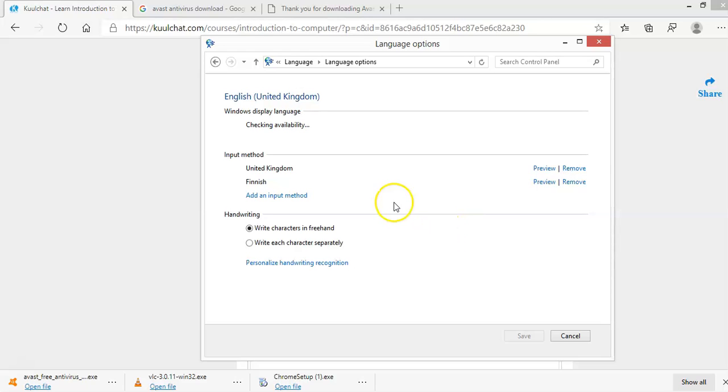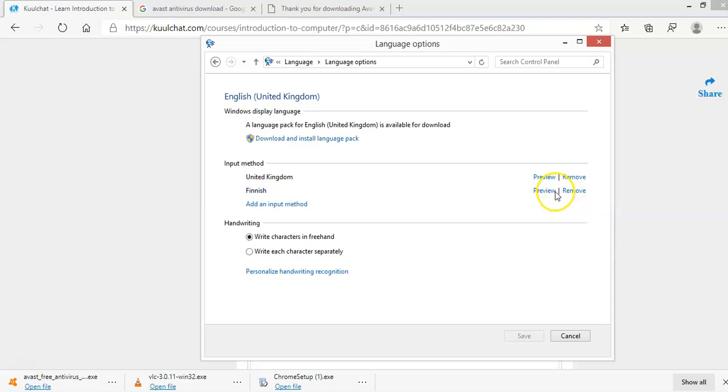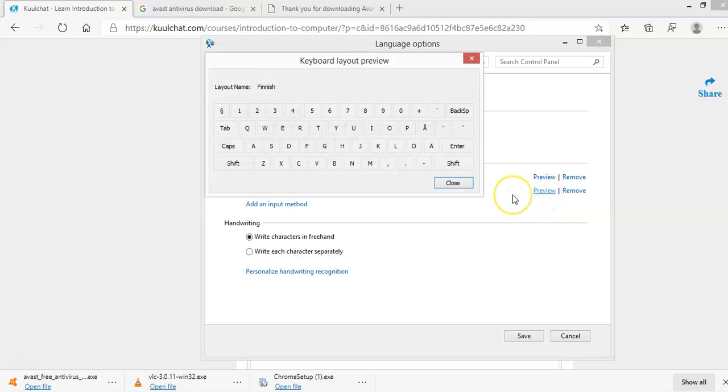Now in the options, this is the one I have. I can remove this one. I can remove any one that I want. Okay, now you can preview and see the keyboards and see if it matches with the one that you are